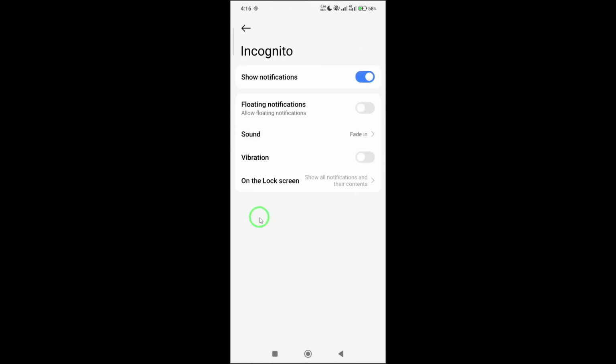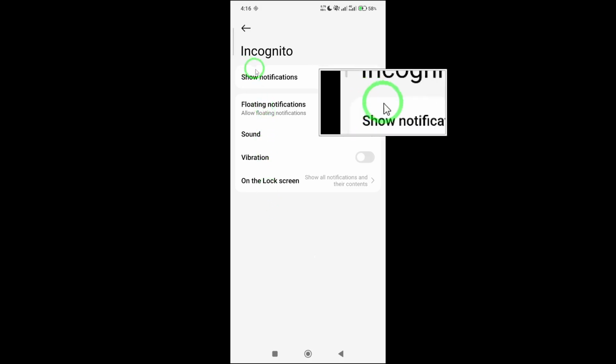After that, tap on Notification Categories. This is where things get more specific. You'll see a list of different notification types that Chrome can send. Now look for the option labeled Incognito. Once you find it, simply toggle